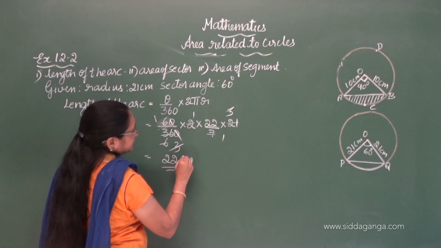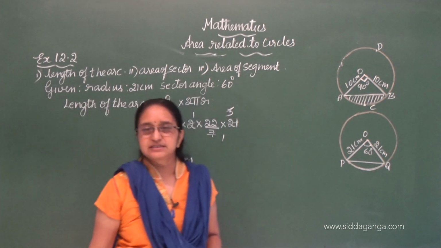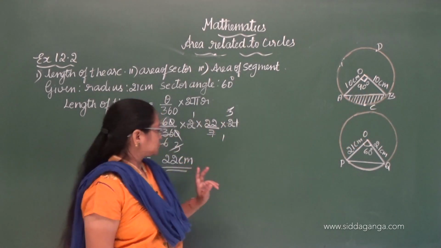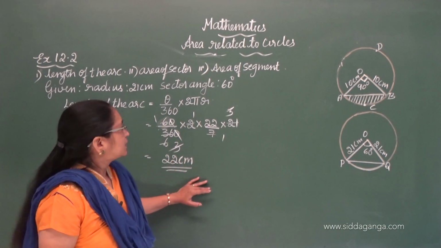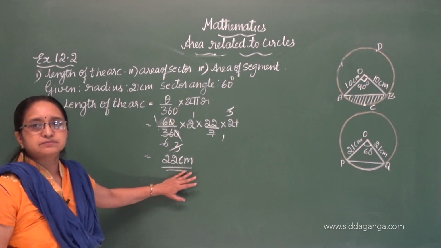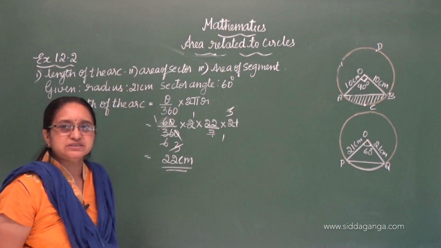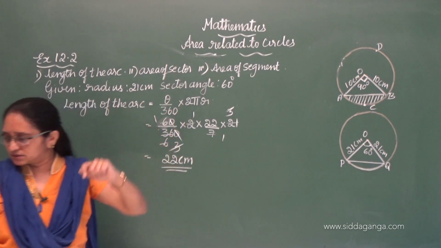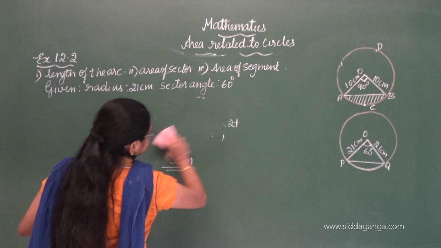See, why I am using centimeter, I hope you all understood. It is the length of the arc, so it is in centimeter, not the area. So 22 centimeter. I hope it is clear. Just writing the formula and substituting the values, you will get the answer. Okay. So this is the first problem, length of the arc. The first part of the problem is completed. So I am going to rub this. To do the next one, that is area of the sector, let us try to do the area of the sector.